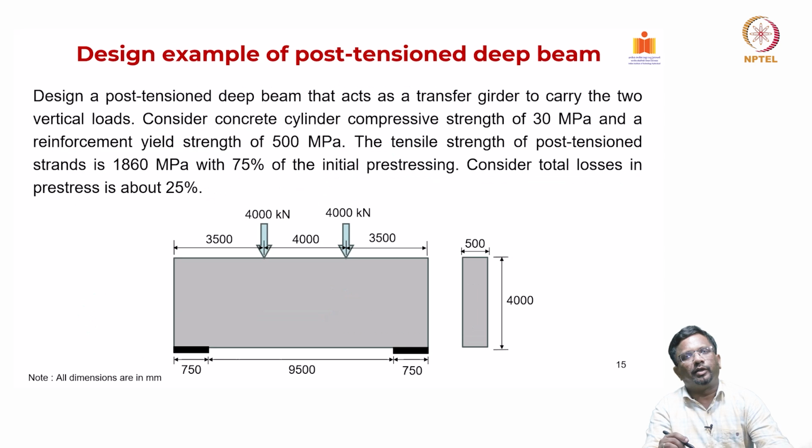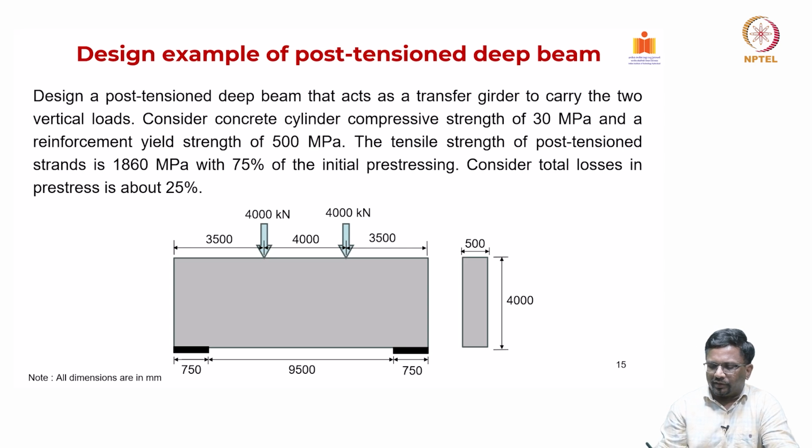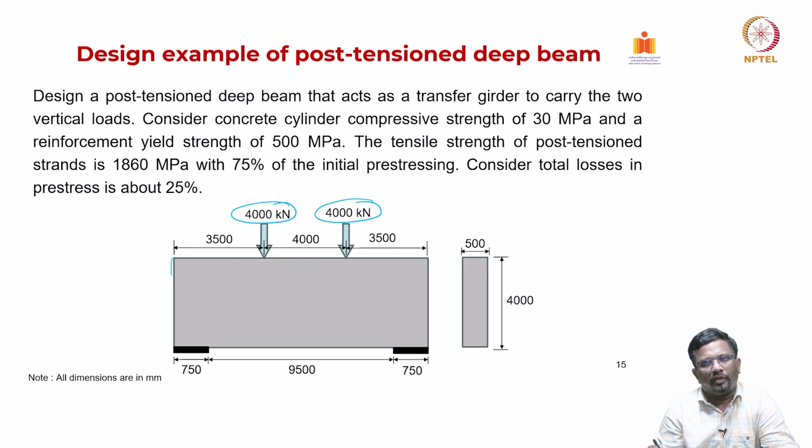Now, let us go through an example problem on how we can design a post tension deep beam. What I have here is a girder, whose dimensions are given here, which is subjected to 2 heavy concentrated loads of 4000 kilonewton, and you can see the load is applied from the edge of the beam at a distance of 3500. The width of the beam is 500 and the depth is, you can see,